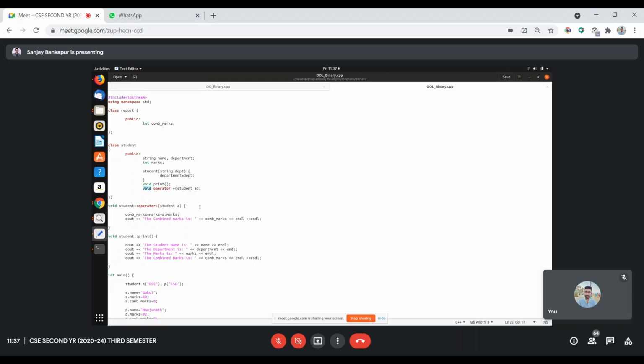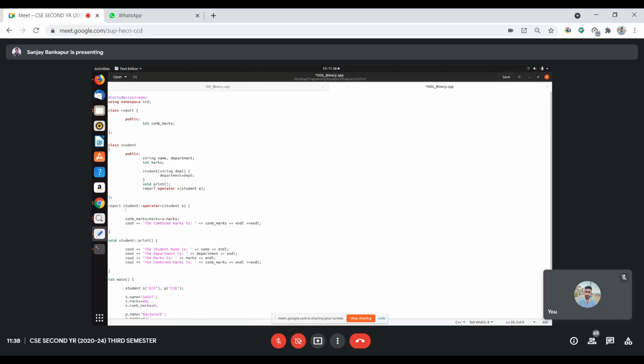Instead of void in this function, I will make it report. Why? Because it takes two operands and I have to instantiate a report, say R, an R object, and I can access R dot com marks because it is public.